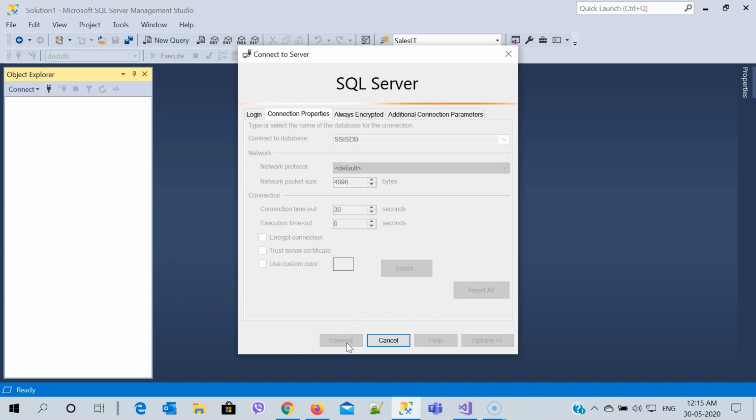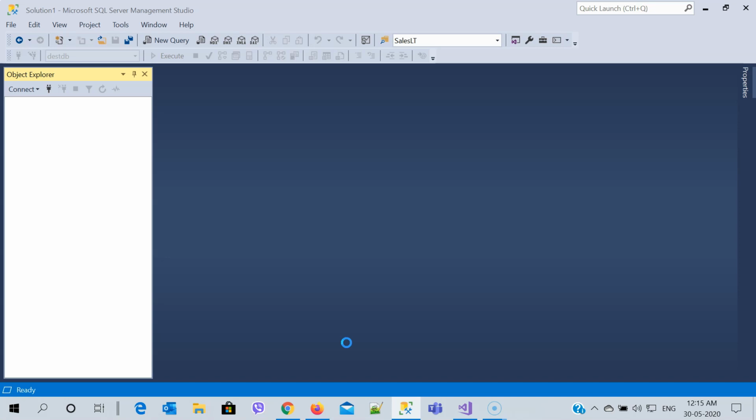Connected. Now as soon as you are connected, you will be able to see a folder with the name Integration Services Catalog. Within this catalog, if I expand it, I have the SSIS database.